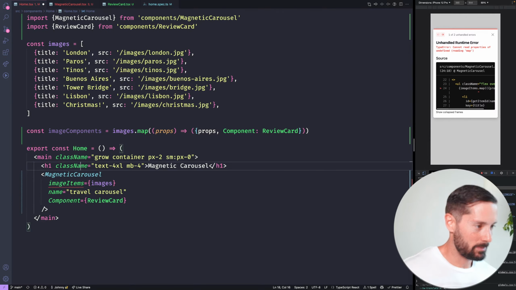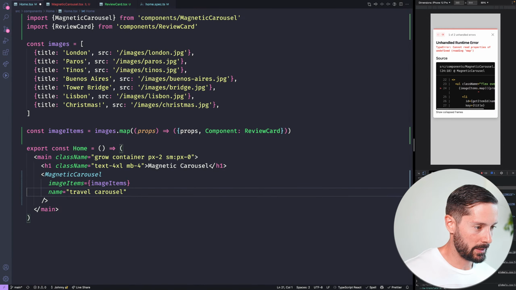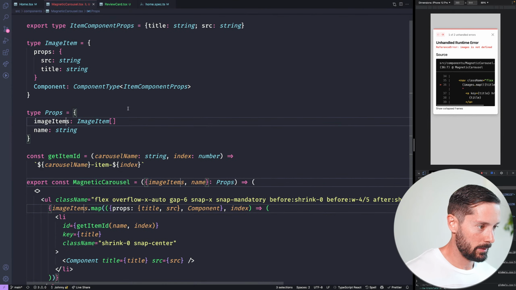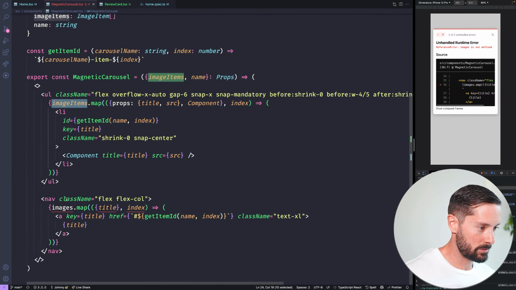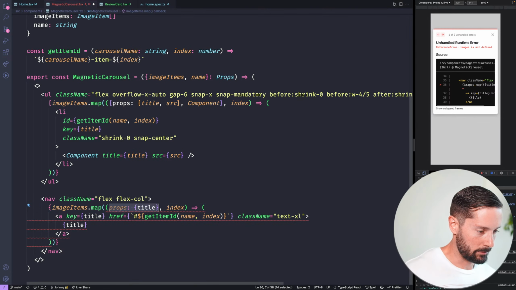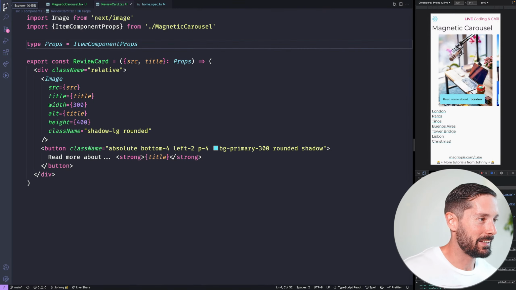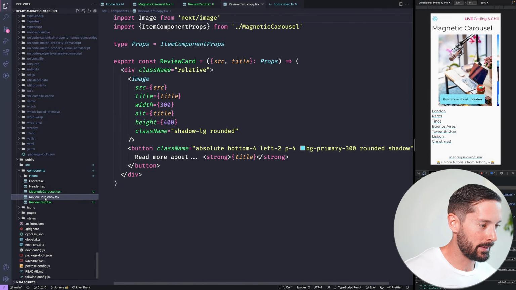So the image items, we'll call this image items 2, is this. Doesn't take a component. Oops, did I mean to set images here? It's items. Destructure the title from the props. And we're back to these that are looking the same, but finally I'm gonna copy paste, duplicate the review card